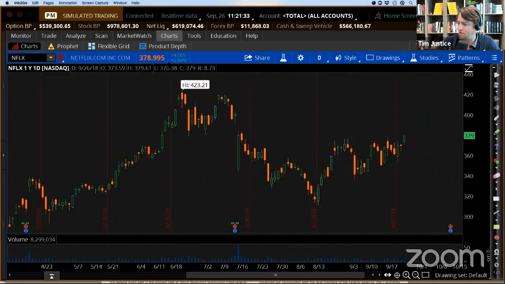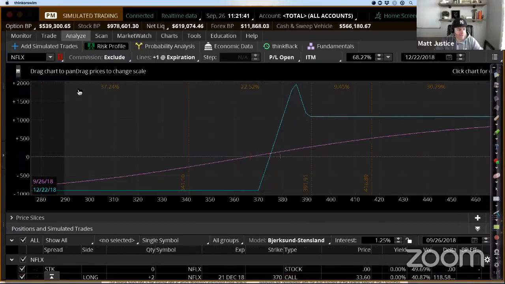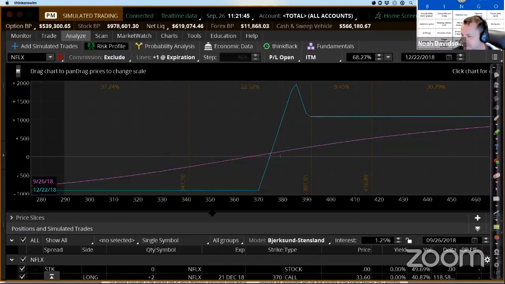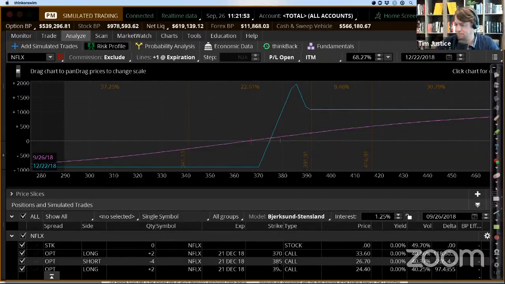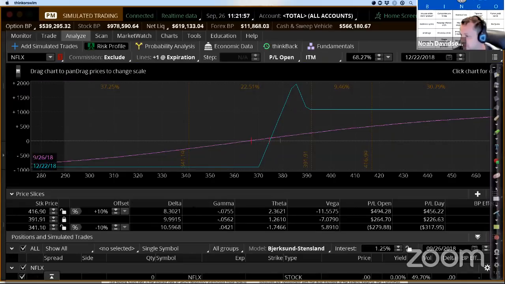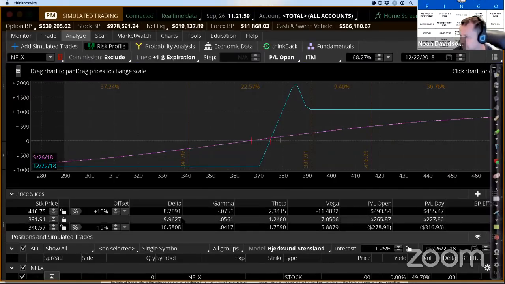When Noah said broken wing butterfly, my brain instantly went into build mode, and I got to know exactly what you did on this now, Noah. Well, let's just go click on some. There you go. That's an example of the trade right there. And this is my virtual account, but I just created an out of the money broken wing butterfly, 385 by 390. But the key is check out how low my net delta is. My net delta is only 9.9. So I'm not really super aggressive on the entry.